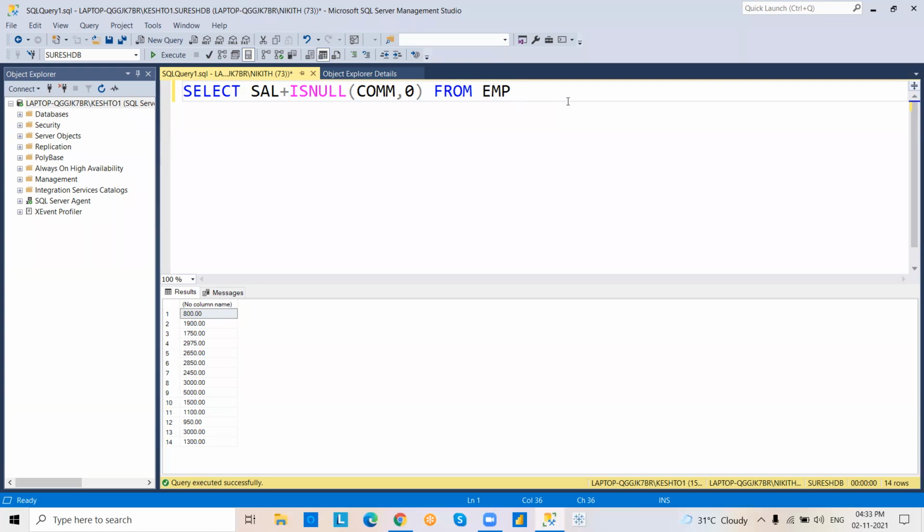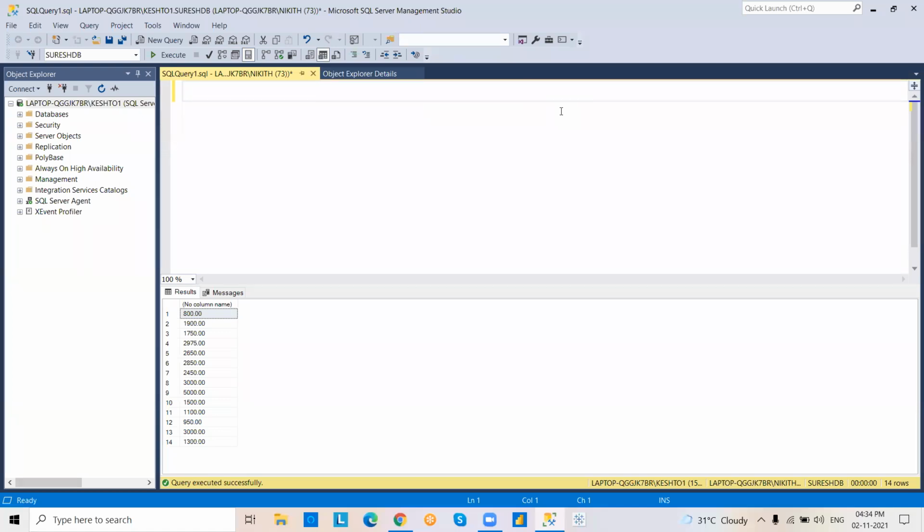So to avoid that problem, we are working with the ISNULL function. So we converted commission null value into 0 temporarily. Is it clear? Any doubts, please?